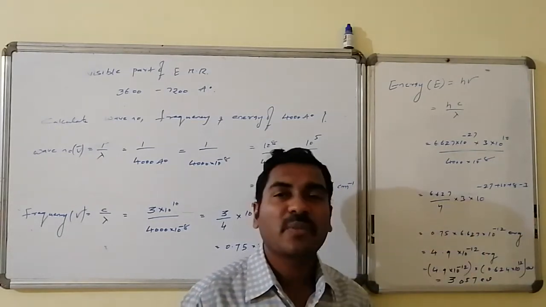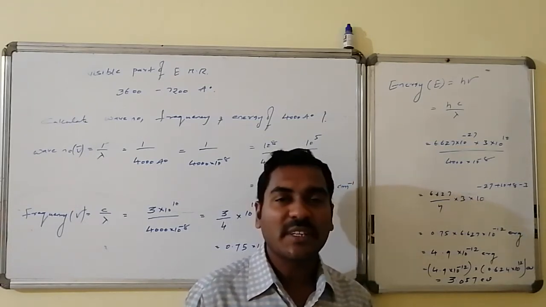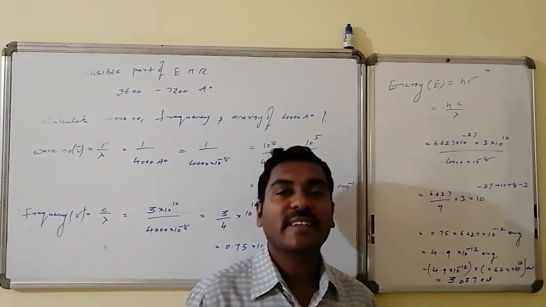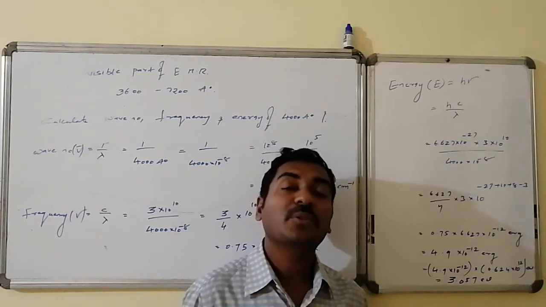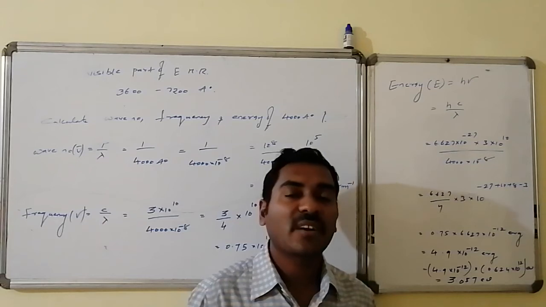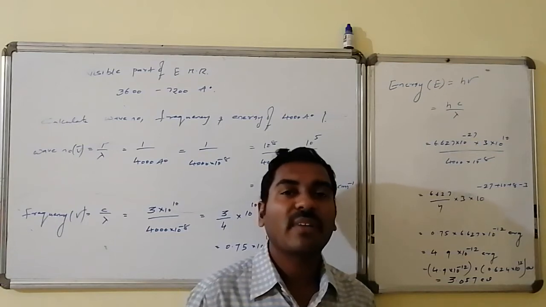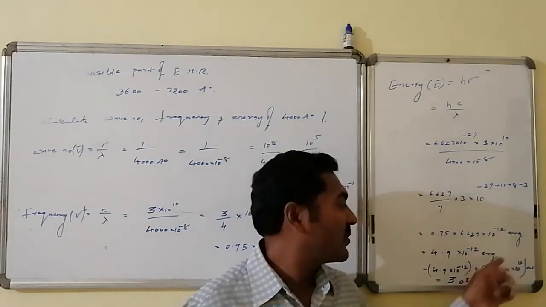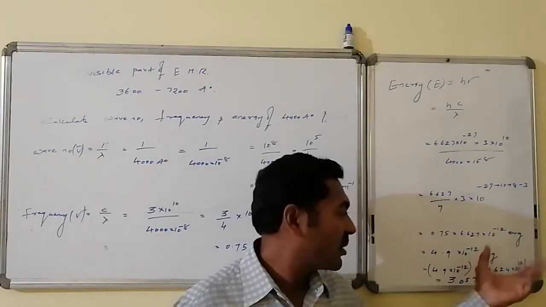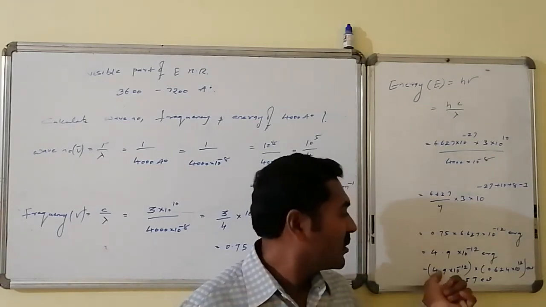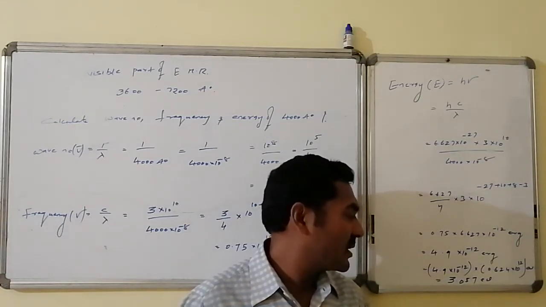Whereas 10 power minus 12 appears to be a very small quantity, hence to express this minimum measurable, minimum rememberable quantity, I want to express it in a lesser unit of measurement, that is electron volts. We know the relation between ergs and electron volts. Erg is greater, electron volt is smaller, so some number of electron volts equals one erg. So 1 erg is equal to 0.624 into 10 power 12 electron volts. On multiplication, 10 power plus 12 and 10 power minus 12 cancel. 5 into 0.624, that is 3.05 into 10 power 0,